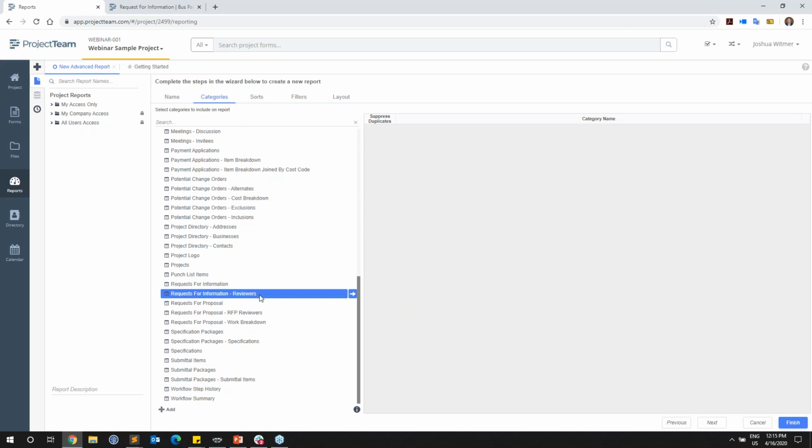I also see the collection that we just looked at within my form called reviewers that was on my RFI. So it's going to show in here as request for information - reviewers. If I wanted to pull both of those in, I could just drag and drop. Before I do that, I do want to show there's a couple other categories here that are outside